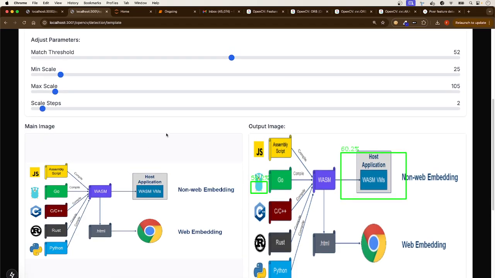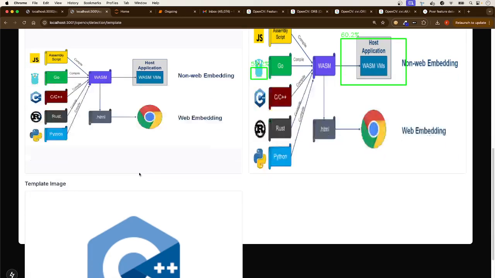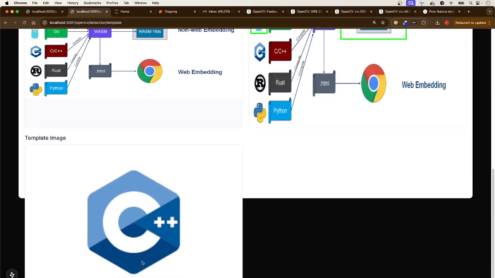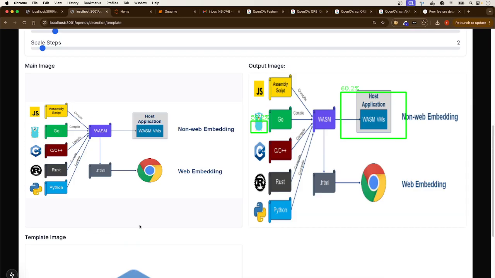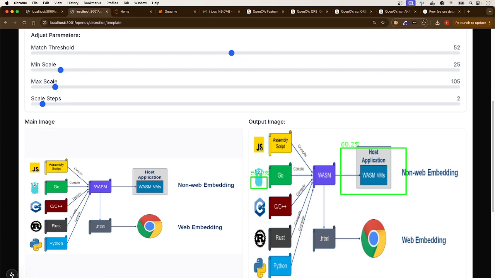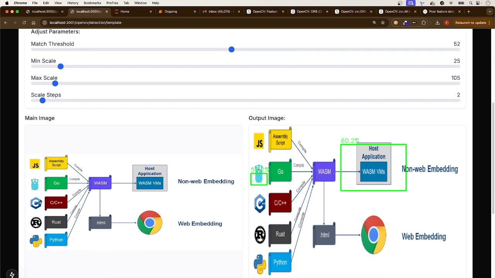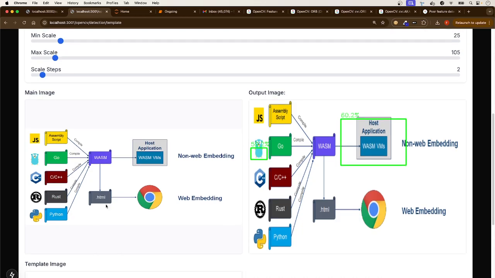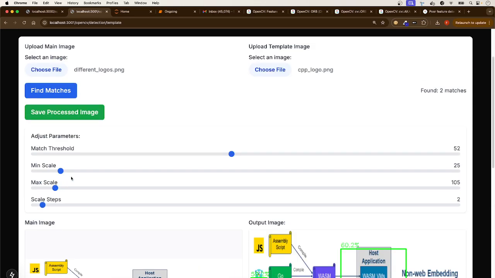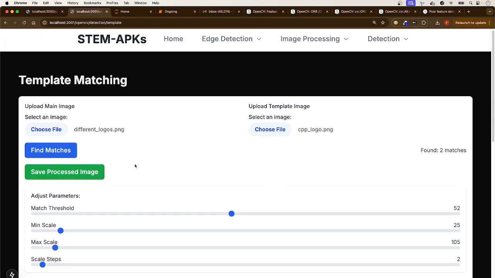So you can play around. This is very challenging for the reasons that I just explained to you. So it does better with some of the other logos. It needs some tweaking. So that's template matching. So it works. You can save the image, and now we're going to